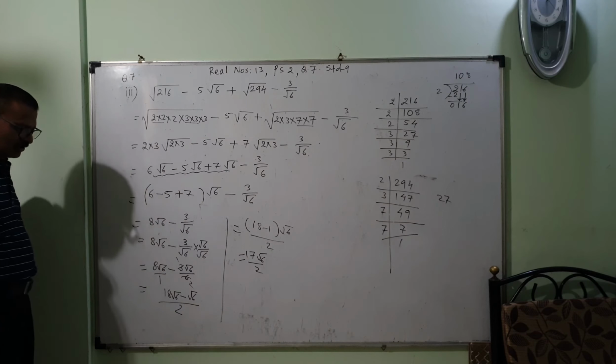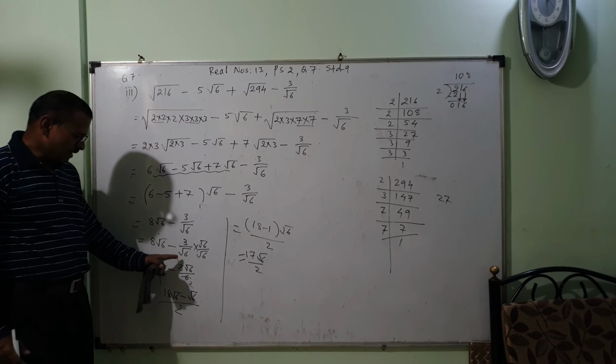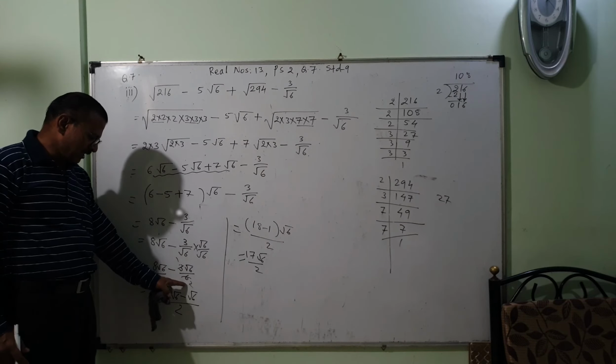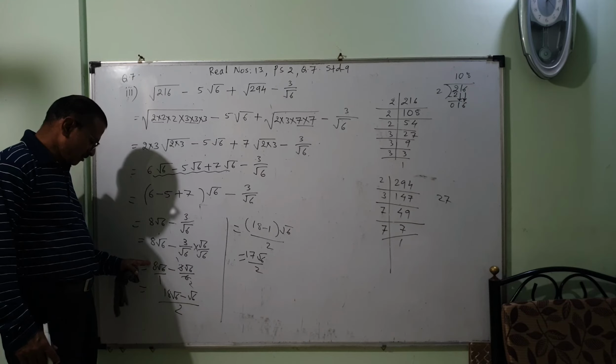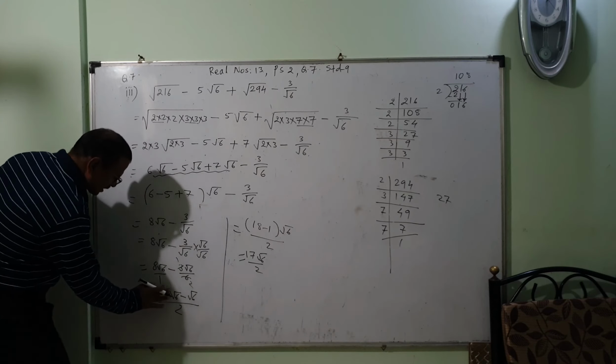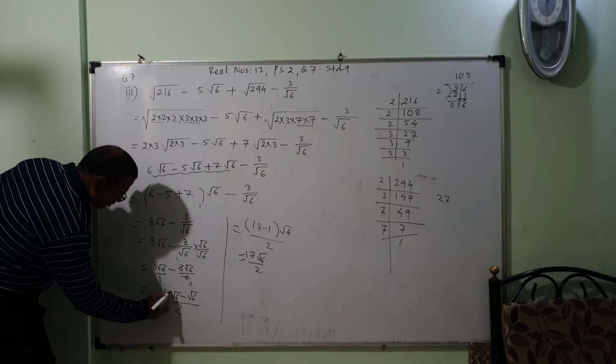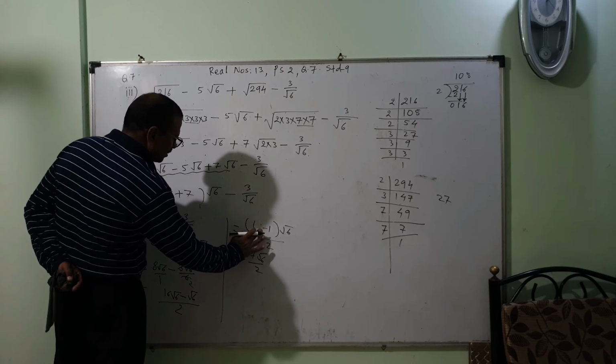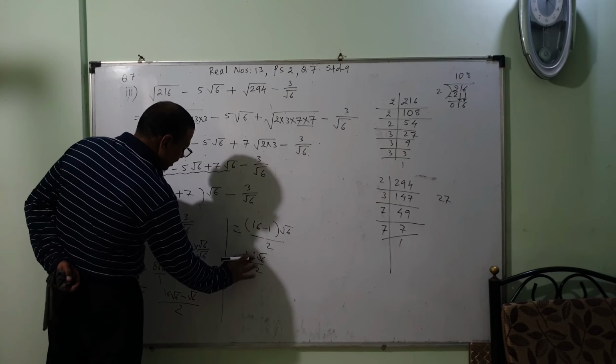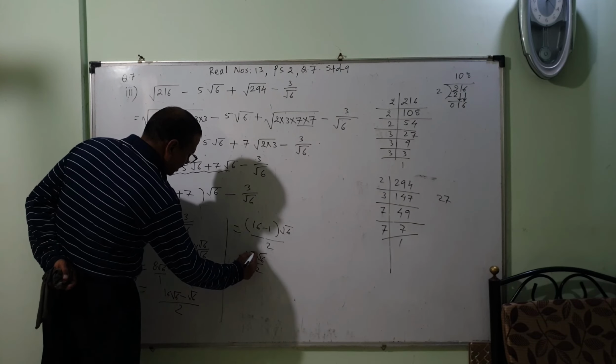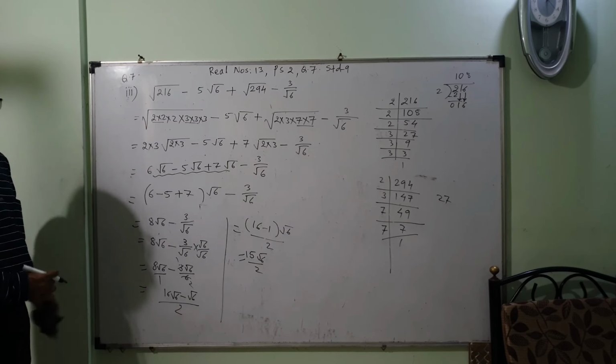Pay attention to this very well. Multiply and divide. 3 1 the 3, 3 2 the 6. So do the cross multiplication. 8 to the 16. I have written here 18. 8 to the 16. So 16 minus 1. That will be 15 root 6 upon 2. Hope that you have understood this well.